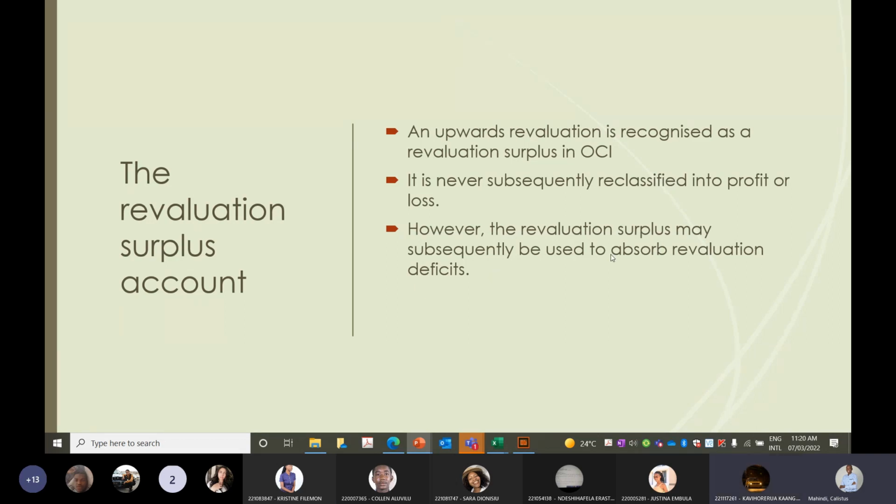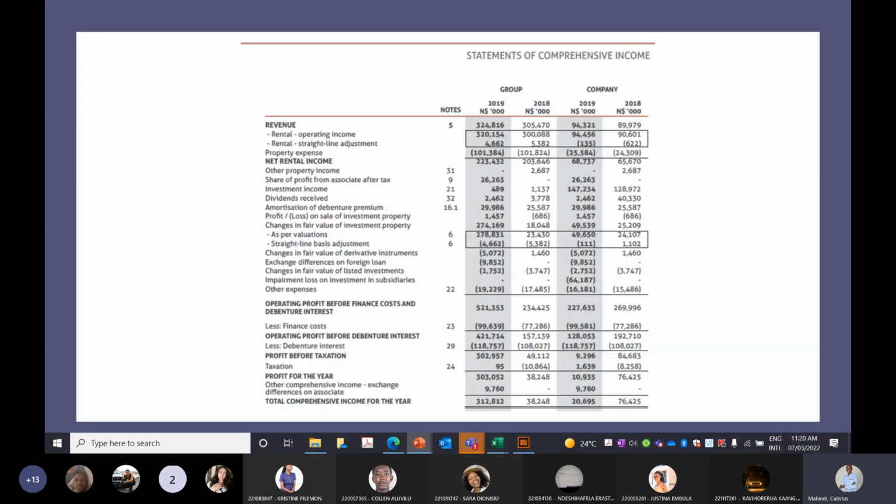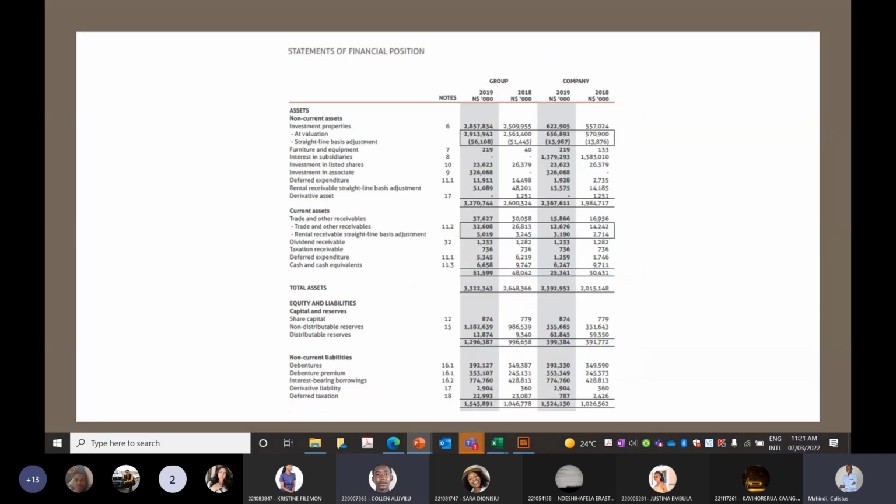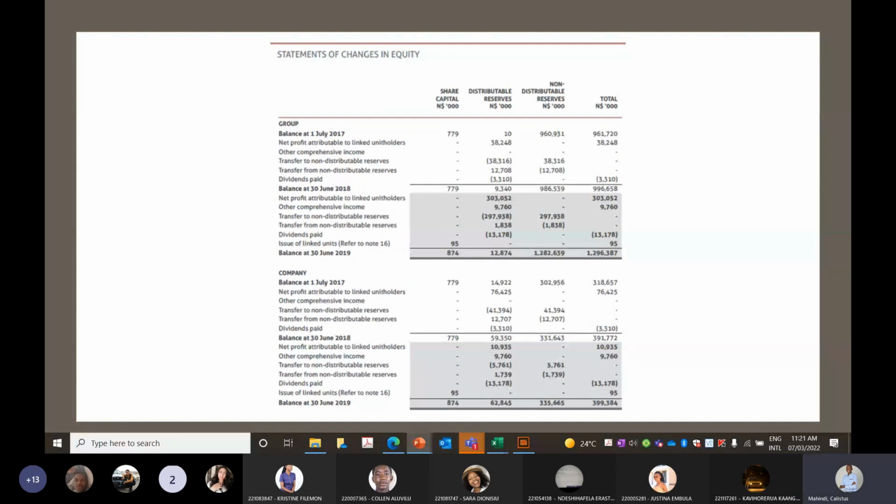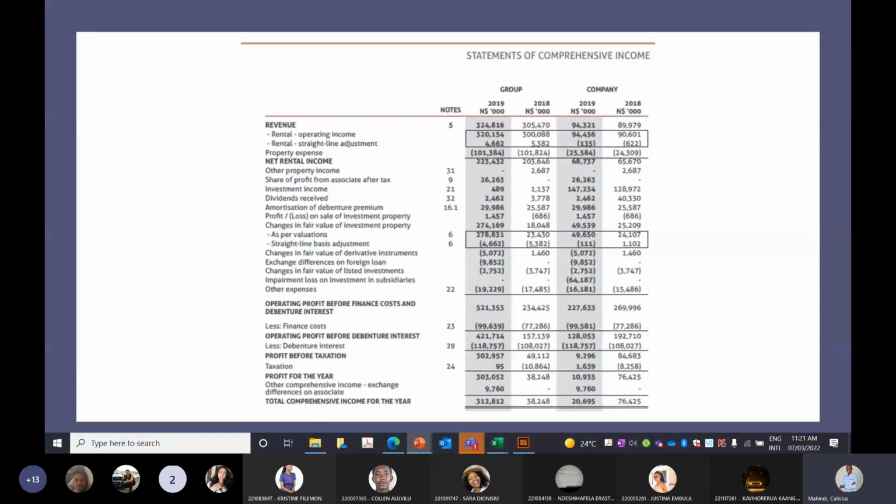And I showed you that when I was showing you the statement of changes in equity, how if we had a previous revaluation surplus, a revaluation deficit may absorb any existing revaluation surplus that we have. I've already shown you the statements of comprehensive income and financial position